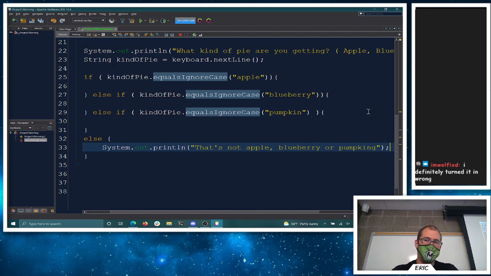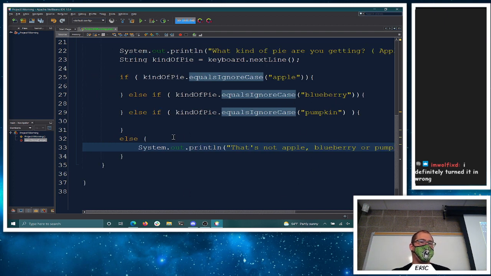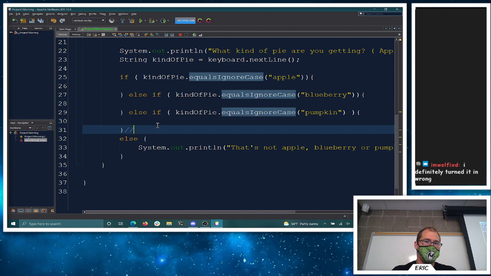And again, some sort of validation loop would be really cool, but we hadn't gotten to that when we started the project, so it wasn't anything we had to do for the project. But when we talked about loops last week, we could put this all in a loop and say, okay, if it's not apple, it's not blueberry, and it's not pumpkin, keep them in the loop and don't let them get out. In our case, it's just, it's not this, it's not this, it's not this. Too bad, game over. Just run it again next time. So we can just leave a note like, a loop would be nice here, but not required.